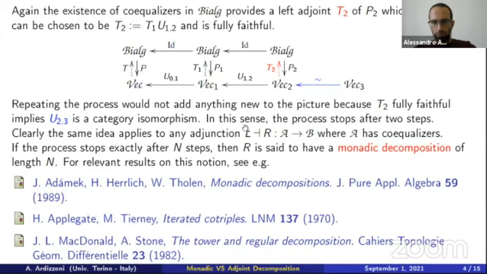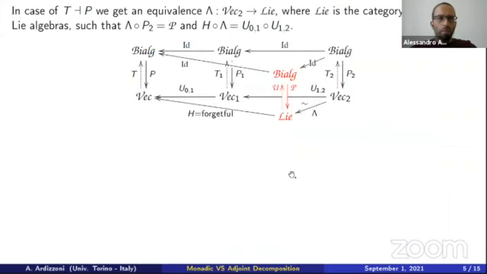If the process, in the general case, stops exactly after n steps, then R is said to have monadic decomposition of length n. This is a known notion, and interesting results on it can be found in the paper that you can see here. In the case of our example, not in the general case, we can give a better description of the final adjunction